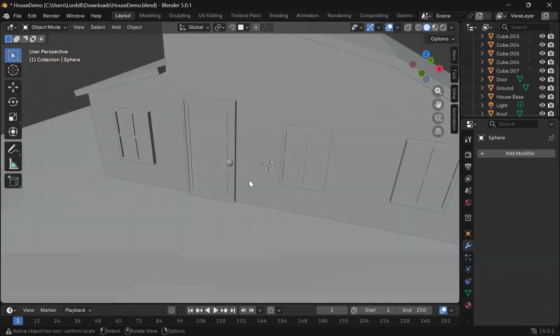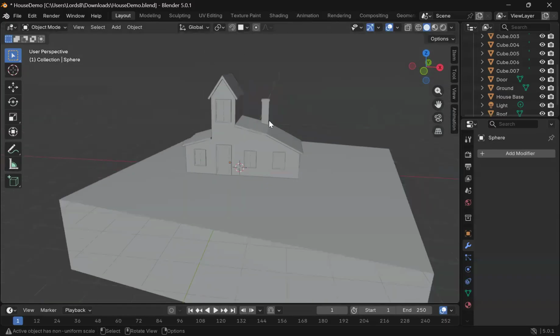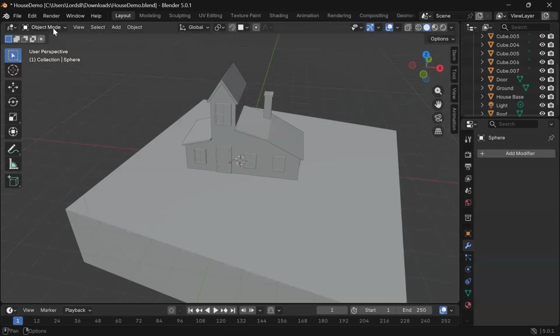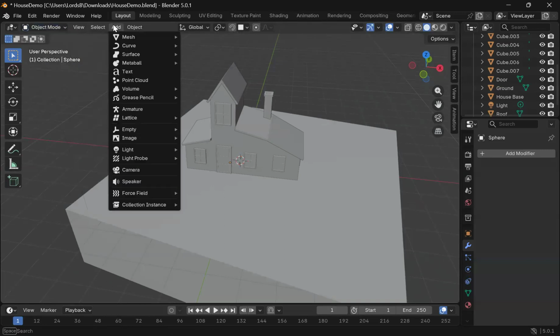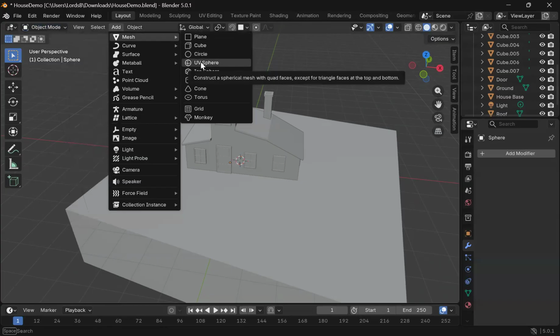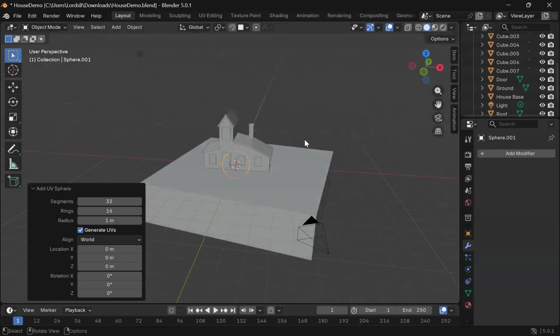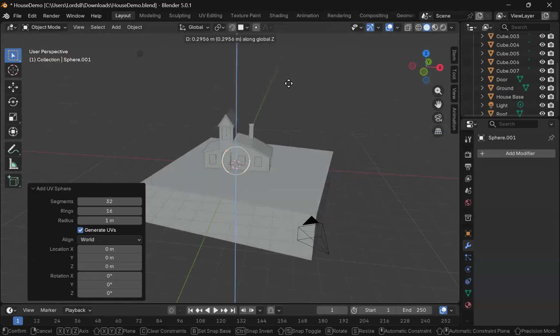Okay, so I got my doorknob. I got my chimney. All right. Lastly, let's make some little cobblestones. Same as when we did the doorknob, we are going to add a sphere. So UV sphere, move it up, G, Z,